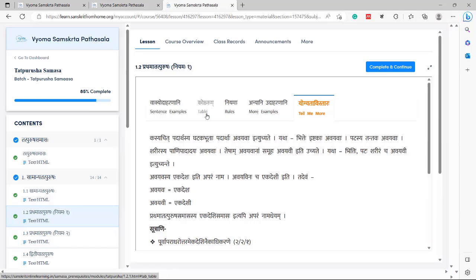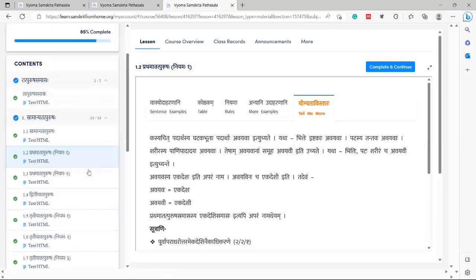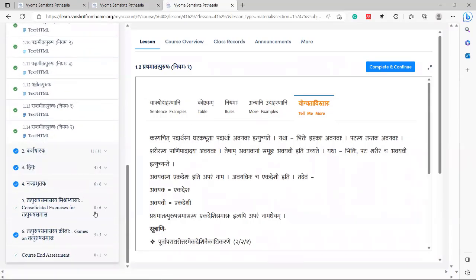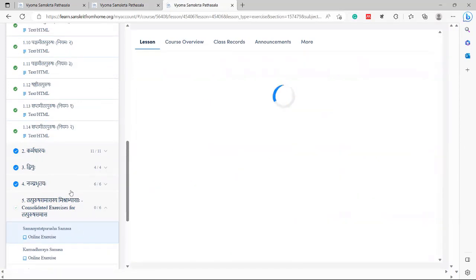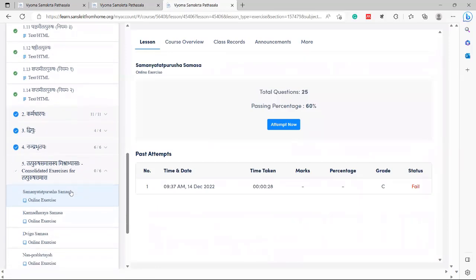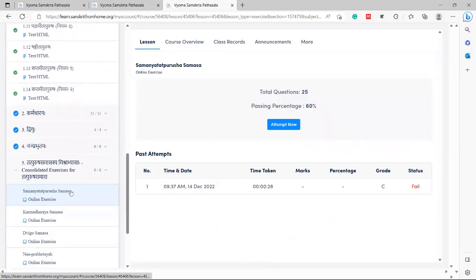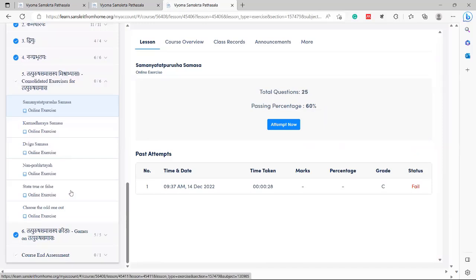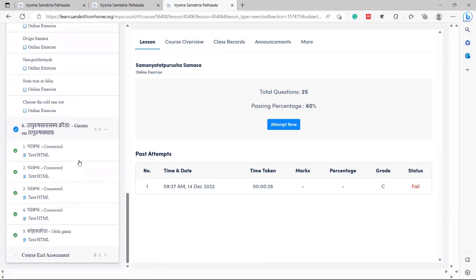Each module also has practice exercises given at the end. There are hundreds of questions for practice and for self-evaluation. These can be attempted any number of times. As already explained, each module has games to make this experiential learning even more joyful.